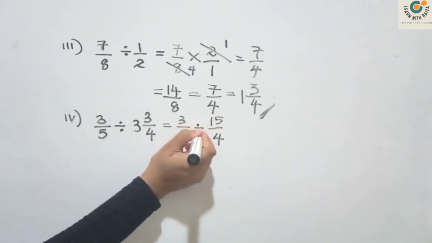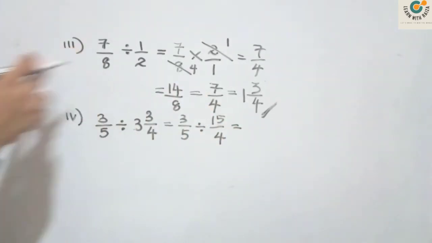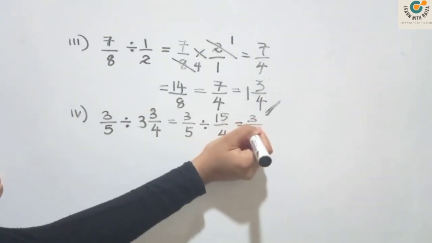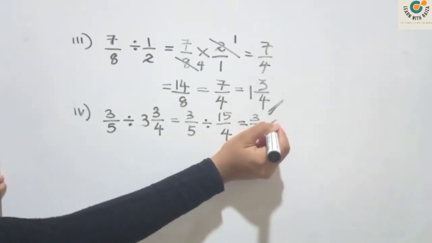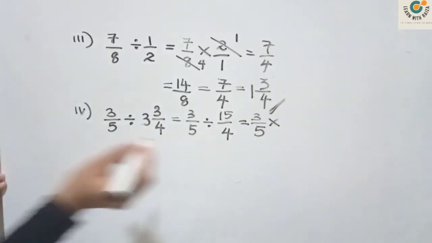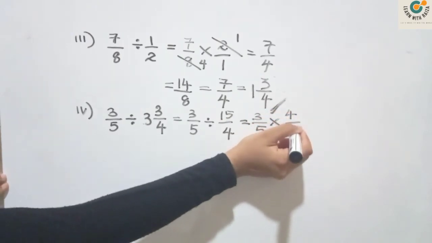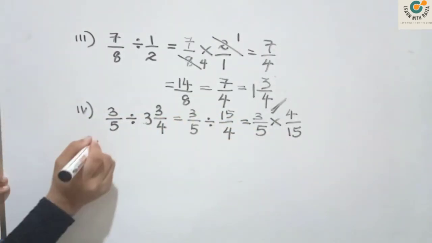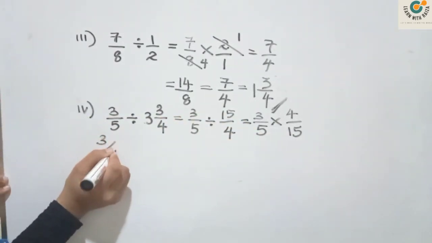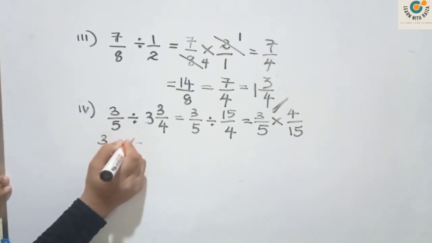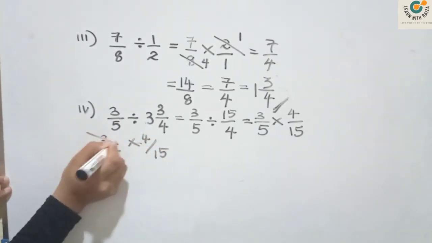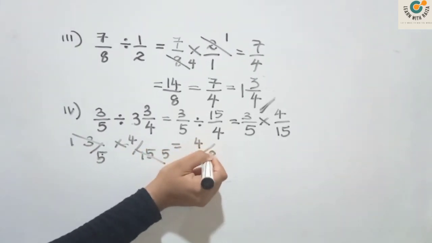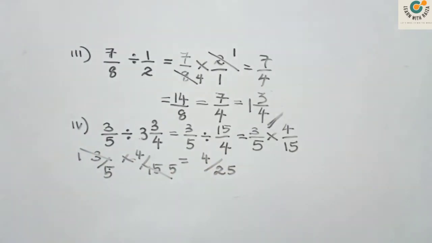Now this is a division. As in the previous example, dividing two fractions, if you have that knowledge, you can do this. First fraction you are writing as it is, division becomes multiplication. In the second fraction you get the reciprocal, 4 upon 15, and check whether you can cancel anyone. Yes, we can. 3 and 15 are divisible, so I can write down 3 upon 5 multiplied by 4 upon 15. 3 divided by 3, 1. 15 divided by 3, 5. So the final answer will be 4 upon 25. This is the final answer.